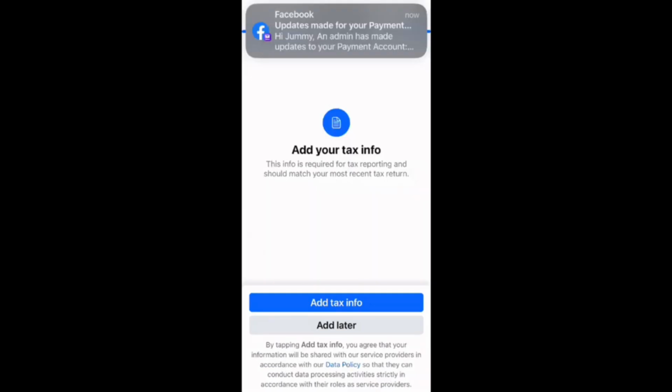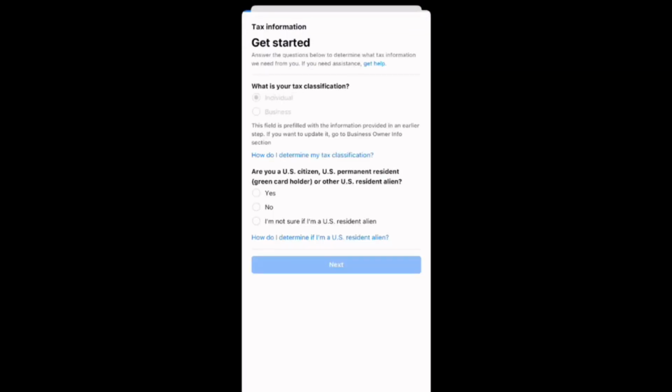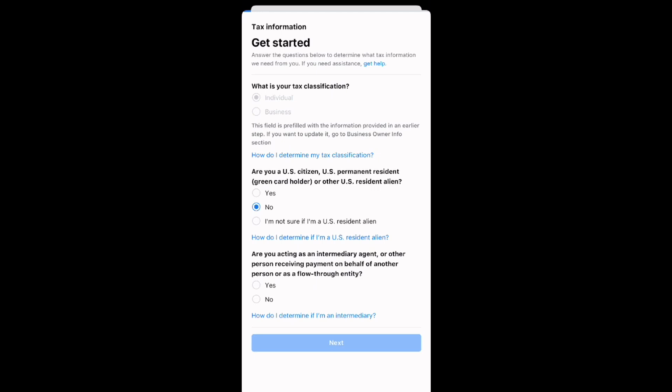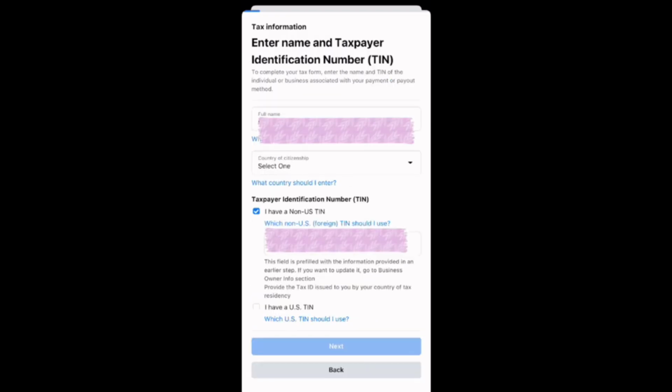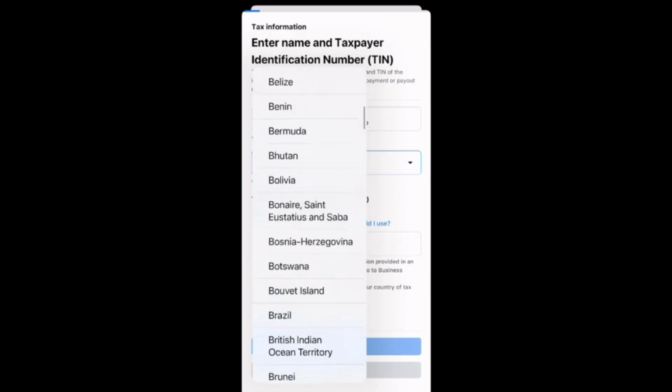Once you do that, you'll be getting mails from Facebook, Meta, when you're doing all this process. So the next step will be to add your tax ID. I'm going to allow you to watch this particular part. Please watch this particular part very well. Just follow exactly what I am doing right here. Like I said, this is for somebody who is doing this for the first time. That is why it is like this. So please go ahead and just do exactly what I am doing right here.